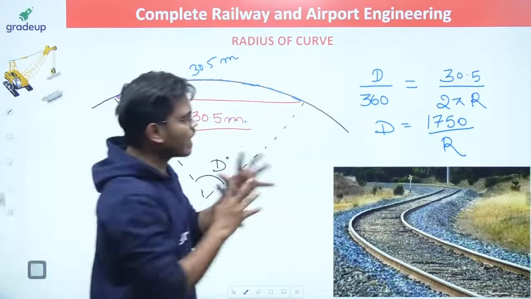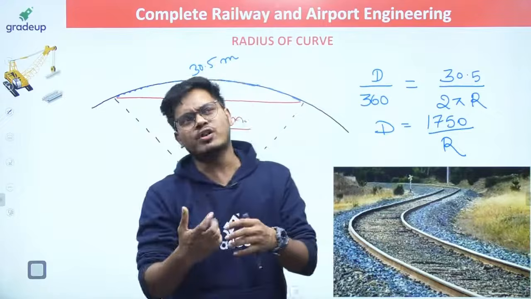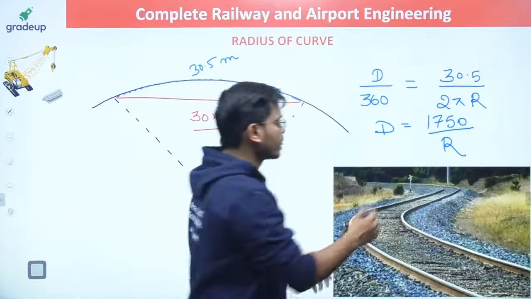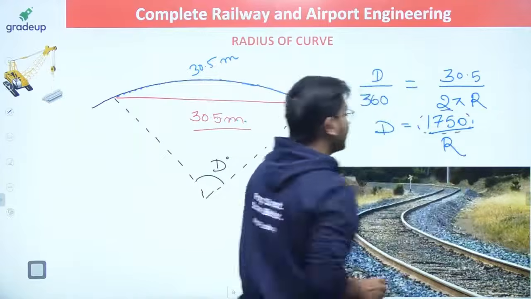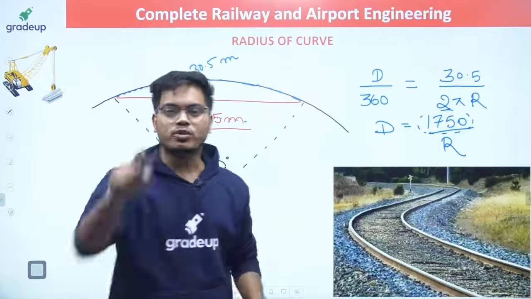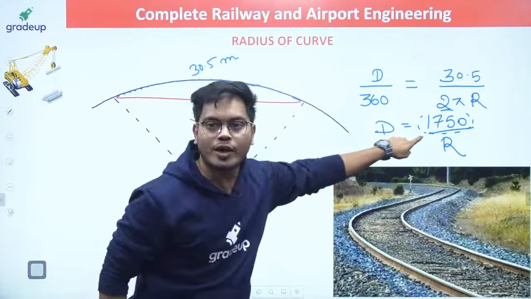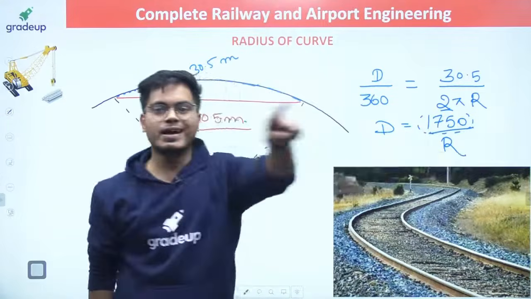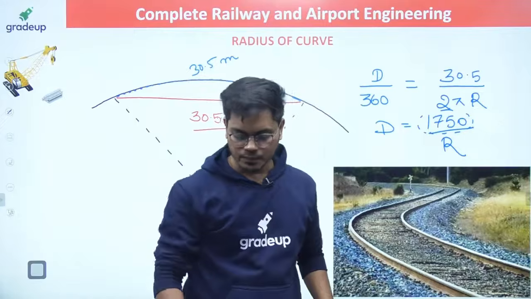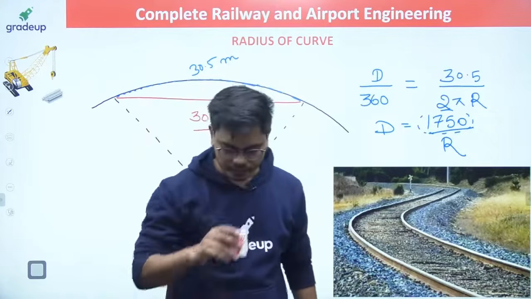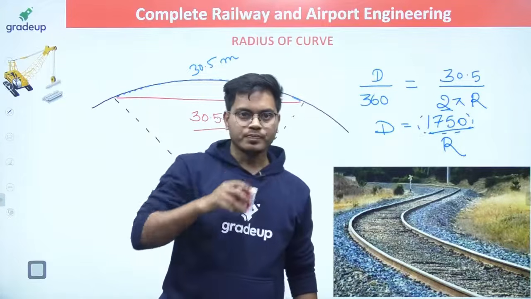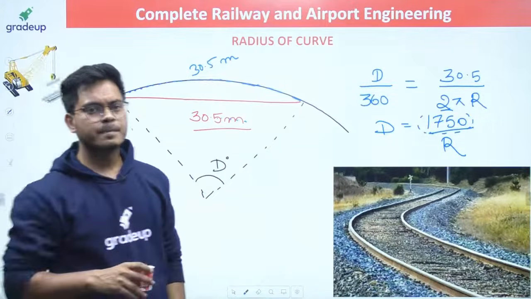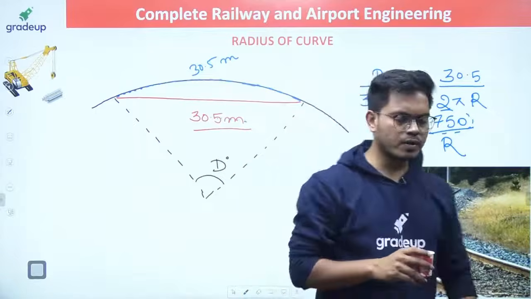In case they ask you the value of, okay, tell me what is the radius if the degree is something else. If the chord length is 30 meter, quickly let me know what is this value if the chord length is 30 meter. Everybody in the comment box, please write down. Let's see how much you have got. Come on, everybody. Full power.